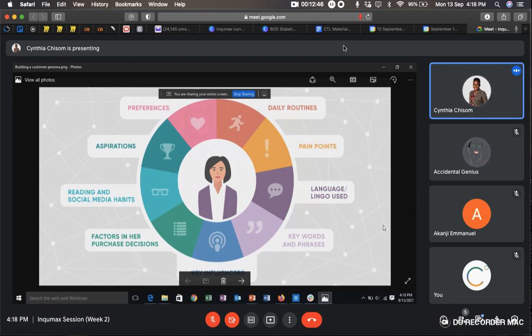So the first one, they had to look into their daily routines. What is a day like for this particular customer, the stay-at-home moms? And they realized that very early in the morning they wake up, they take care of the kids, they take the kids to school, they go for a bit of shopping. By the time they're done shopping, they come back home, they do some accounting, some budgeting, and they try to save some money based on the change that they had.